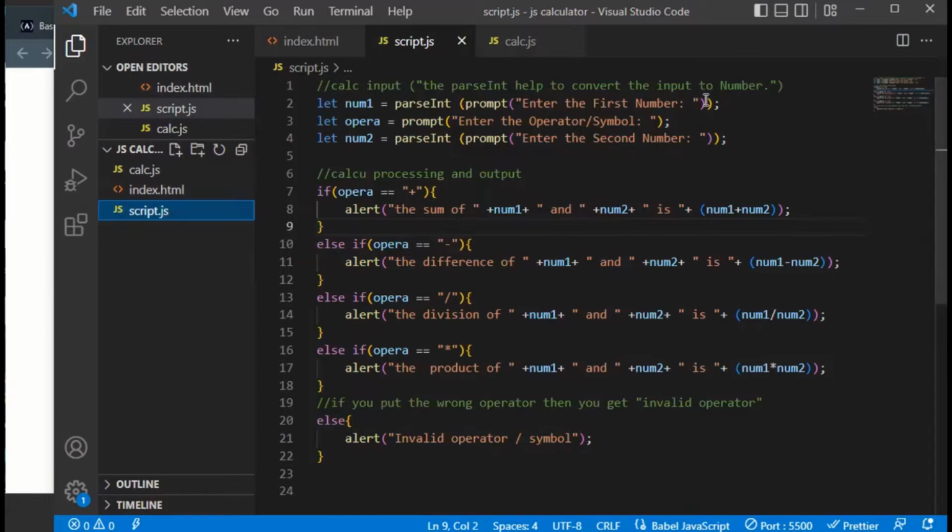I first of all created a way to get input from the users. When the page loads, you see something that enables the user to input numbers and then the symbols. So I created it with